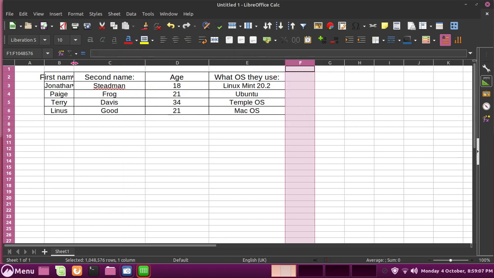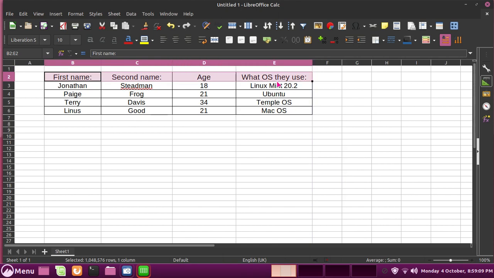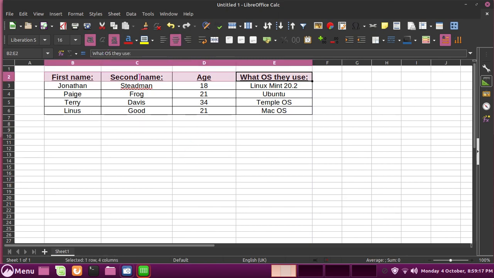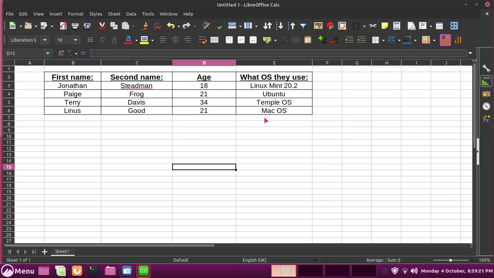We could do more customizations of it. We can make this one bold if I wanted to, like this. And then we can even underline them if we wanted to. So basically, that was how to make a simple table in LibreOffice